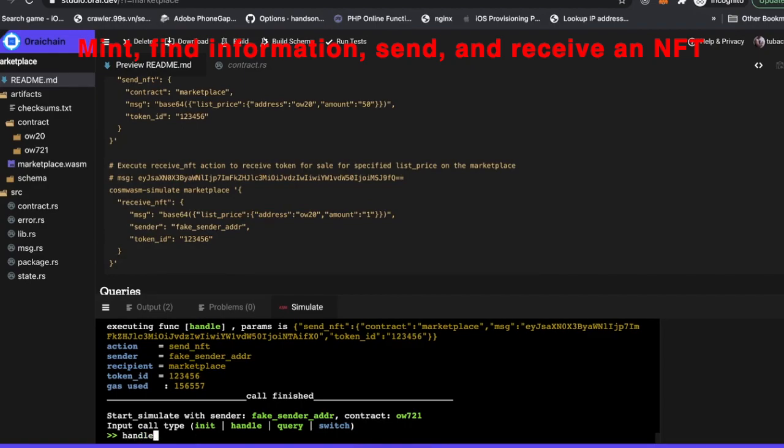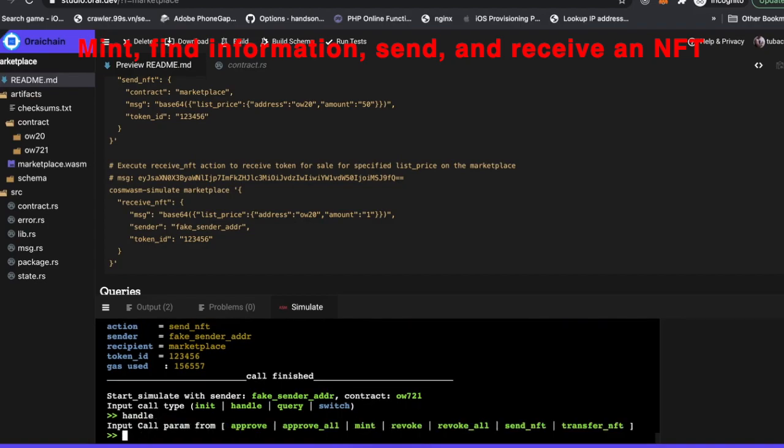Next, we will call the receive MFT method.